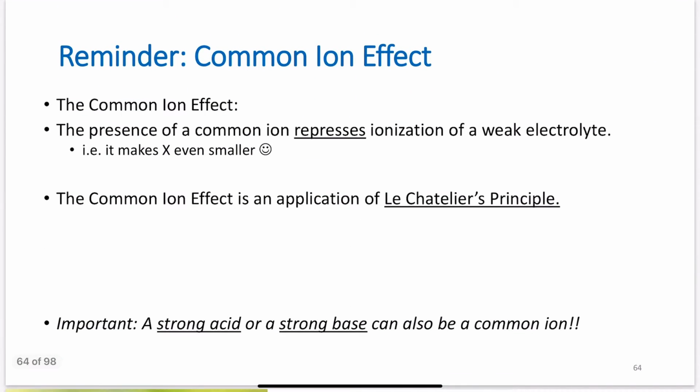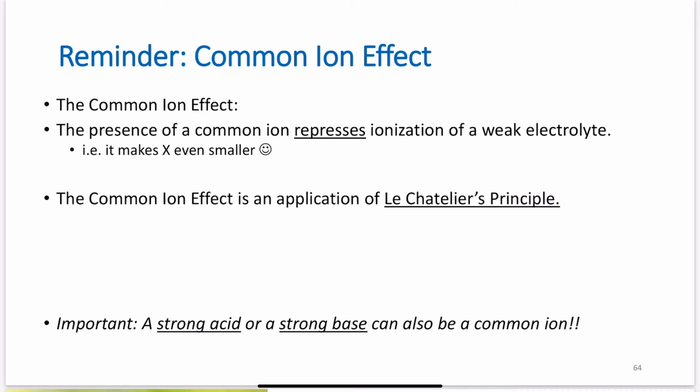We do need to talk briefly about the common ion effect. Remember that the common ion effect is in play. So, what do I mean by the common ion effect? The presence of a common ion represses the ionization of a weak electrolyte. It makes x even smaller. This affects our solubility. The common ion effect is an application of Le Chatelier's principle. And remember, if you have a strong acid or strong base, these can also be a common ion. I need you to be actively thinking about that when we're doing these systems, because they can affect the solubility